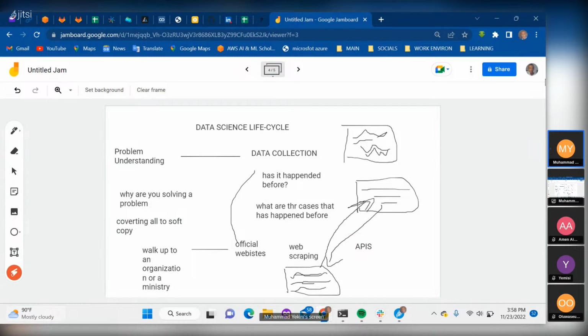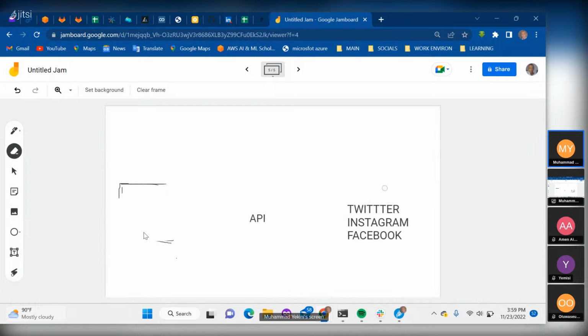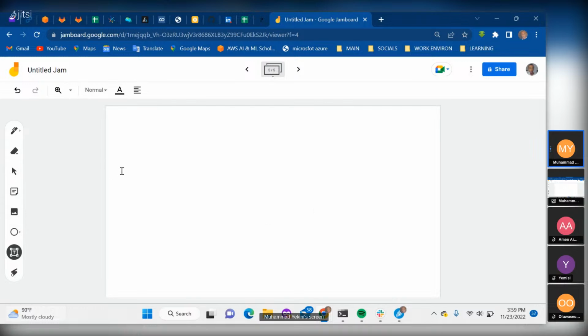So what's next in the data science lifecycle? We have other things in the data science lifecycle that are worthy of note. One of them is the next one: after collecting your data, what happens, right? You need to do what we call